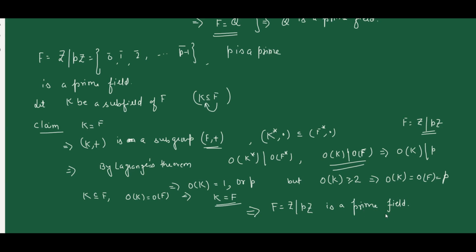So till now we have discussed what a prime field is, and examples of infinite prime field and finite prime field. In the forthcoming lecture we will show that up to an isomorphism there are only two prime fields. One is infinite, that is isomorphic to Q, and the other is finite, that is isomorphic to Z by pZ. So that will be the content of the next lecture. But now we will discuss the definition of prime subfield.